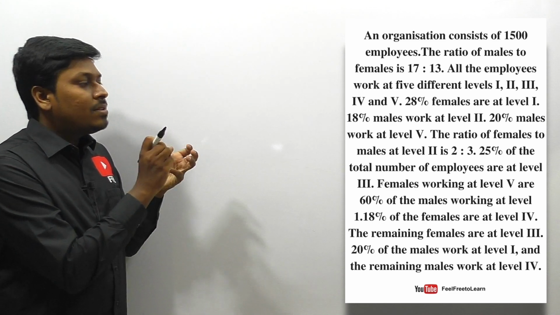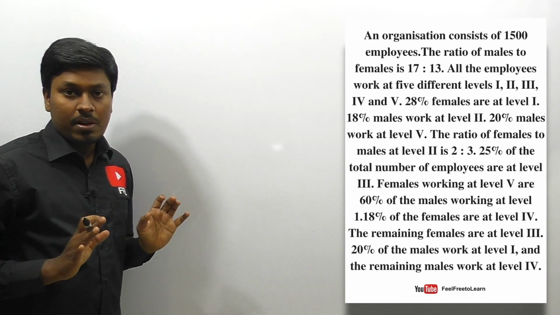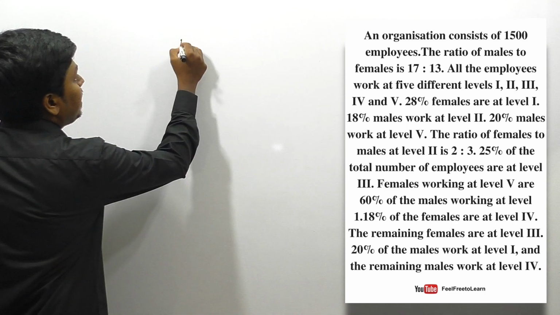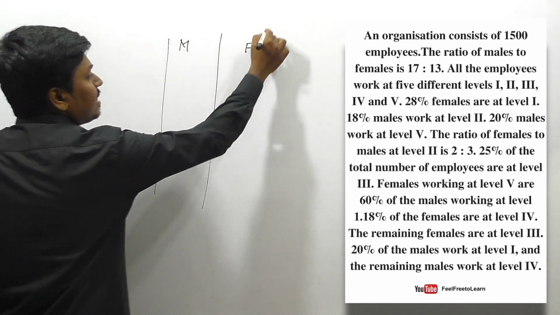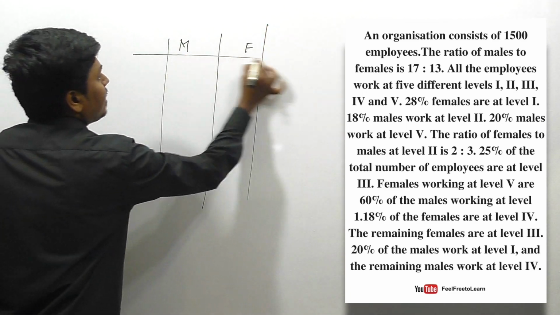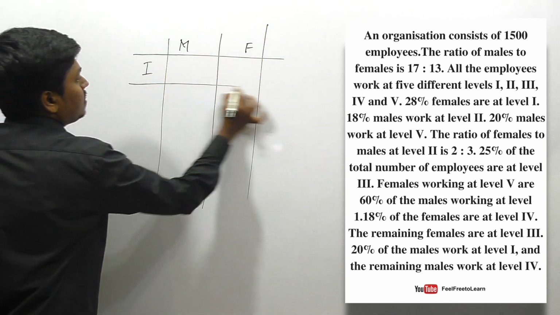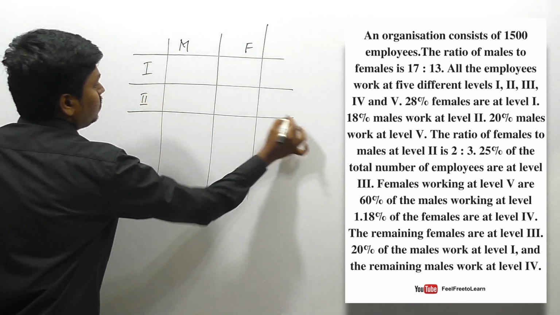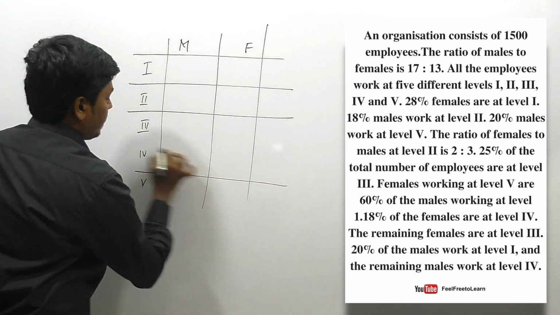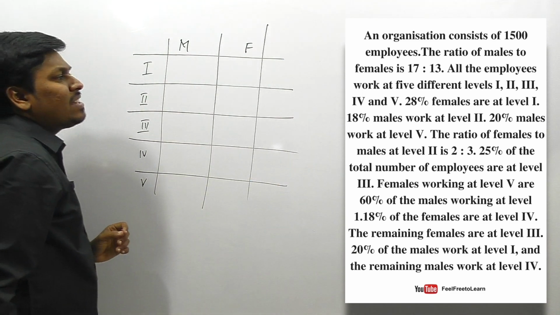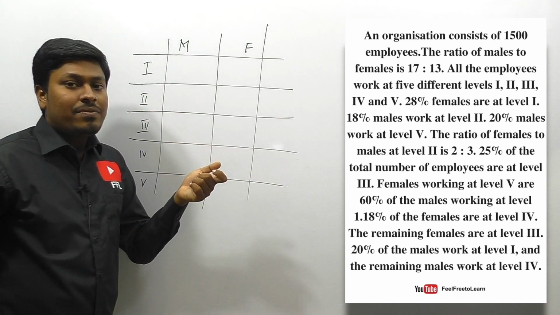So we need to solve this question only by framing a tabular column, right? So friends, there are males and females, and here males and females are in a ratio 17:13, but they are categorized into 5 different levels. So level 1, level 2, 3, 4 and 5, right? Okay friends. Out of 1500, we need to find how many are male and